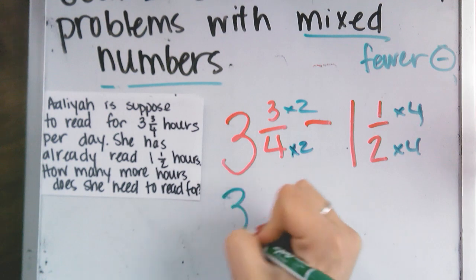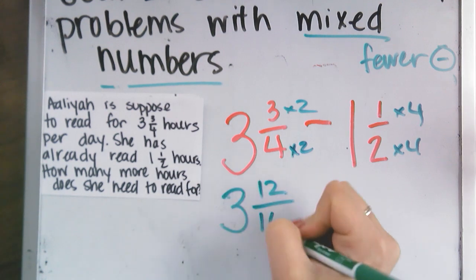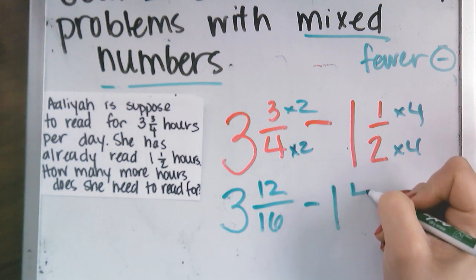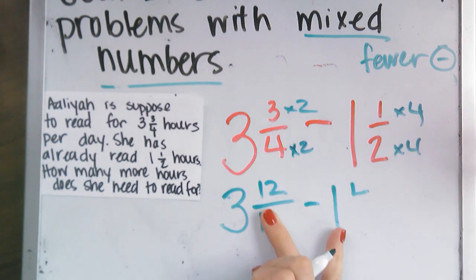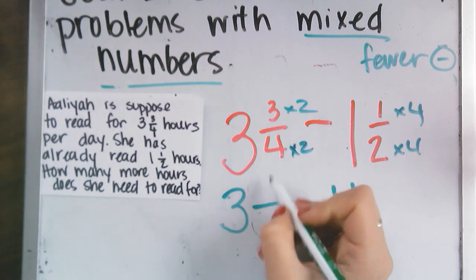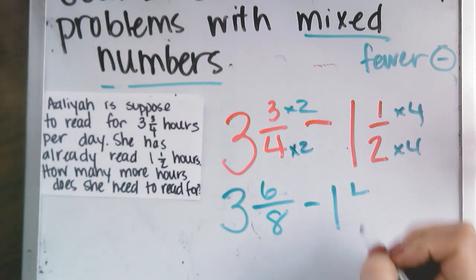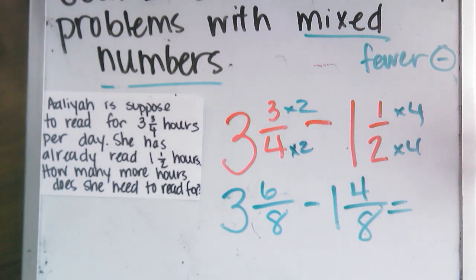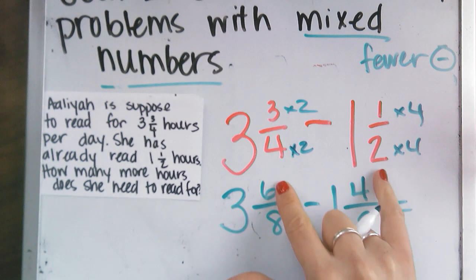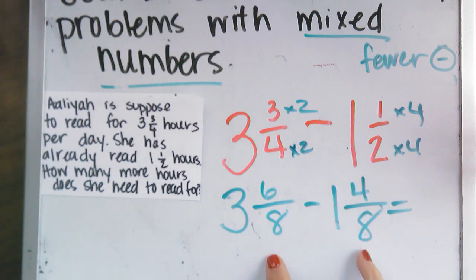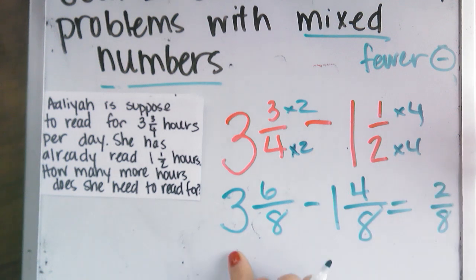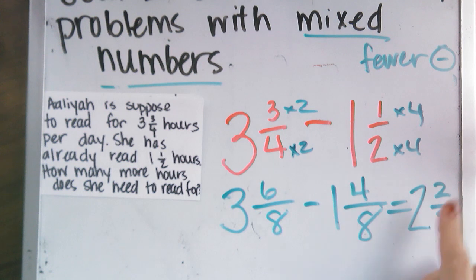So we end up with 3 12/16 minus 1. Oh, wow. 3 6/8 minus 1 4/8. So created our common denominator. Subtracting 6/8 minus 4/8 is 2/8. 3 minus 1 is 2. So 2 2/8